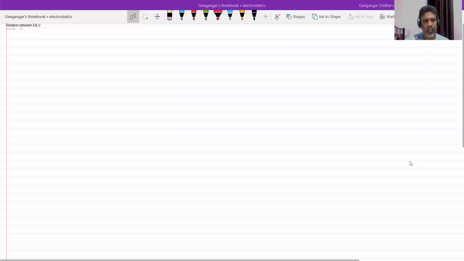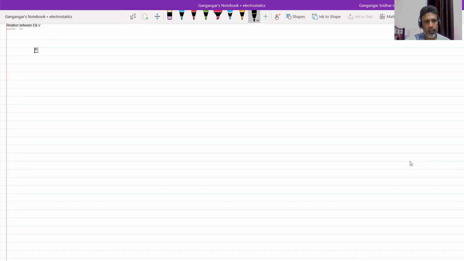I'll start with the relation between E and V. As in the previous class, what we discussed, E is equal to minus dou V by dou R. So if you know the potential, let's take a few numericals, then we'll see how that equation ends up. Let the potential function be given by the formula AXY